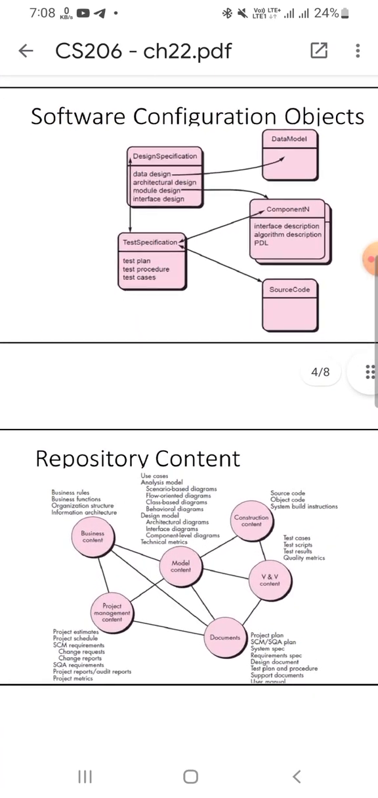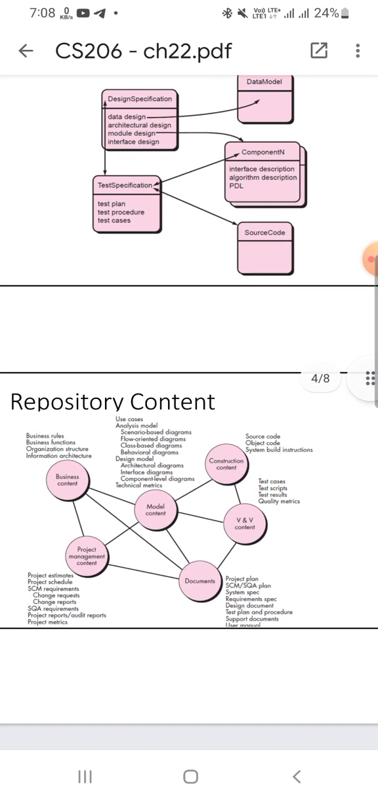Repository content: business content, project management content, model content, documents, V&V content, construction content, business rules, business functions, organization structures, information architecture. Business content: project management content, project estimates, project schedule, SCM requirements, change requests, change reports, SQA requirements, project reports,